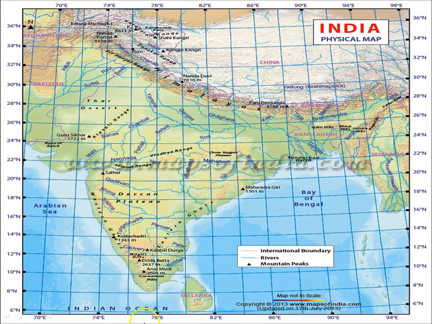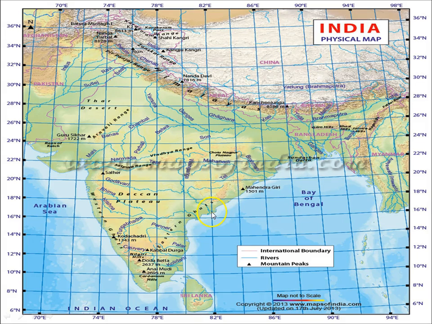Of course, it is the same water that is flowing in this, but it is us human beings who have given names to different portions. So this portion we call the Bay of Bengal, this one is the Arabian Sea, and this one the Indian Ocean. So this part, which is surrounded by water from three sides, is known as the Indian Peninsular portion of our country,